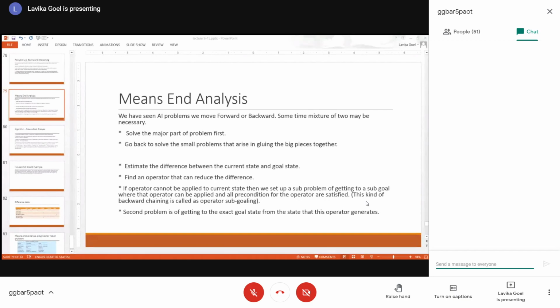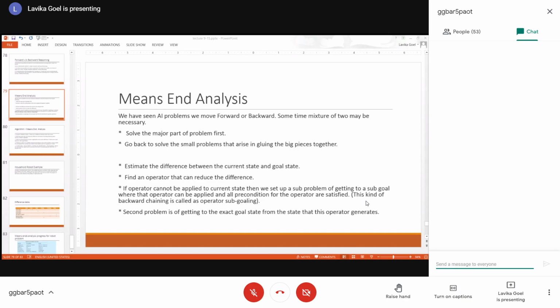You find some operator that can be applied, but sometimes it may not be possible that whatever operator you are applying is directly applicable to the current state. That can also happen sometimes, that the operator you are applying is not directly applicable to the current state because its preconditions for applying that operator are not satisfied by the current state. So in that case, you cannot apply the operator directly to the current state.